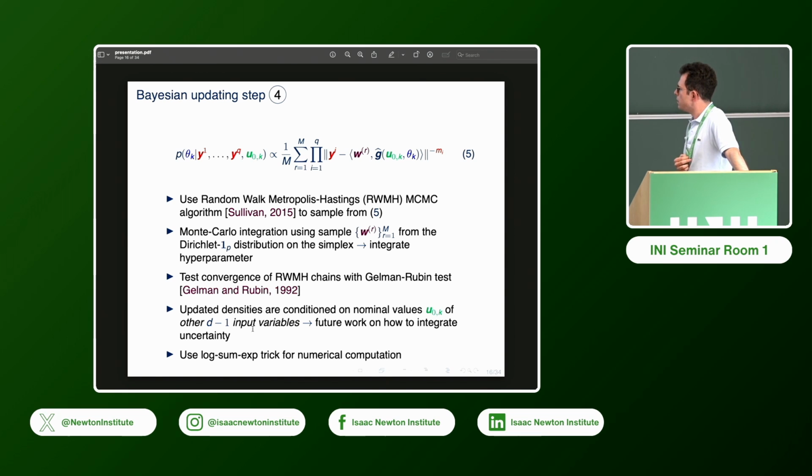And finally, when we use this as the target log probability, because we also do some numerical tricks, in our random walk Metropolis Hastings, we basically get good results. We test these results by launching multiple chains and testing the Gelman-Rubin statistic. But there is still this conditioning here that we don't like, and so that's future work on how we might